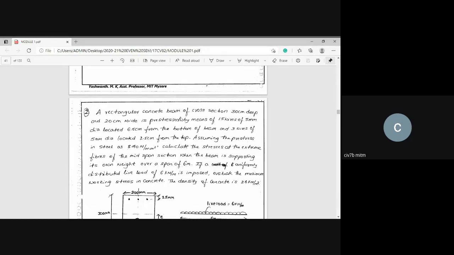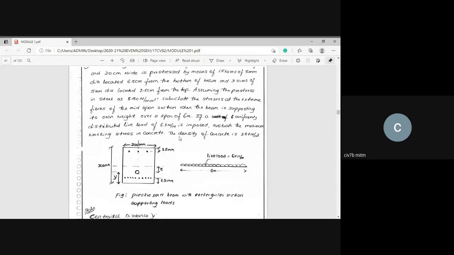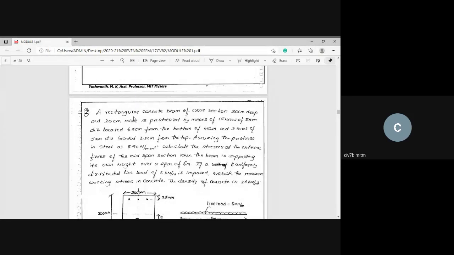So let me start. Please write down the problem quickly. A rectangular concrete beam of cross section 30 centimeter deep and 20 centimeter wide is pre-stressed by means of 15 wires of 5 mm dia